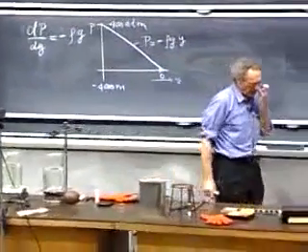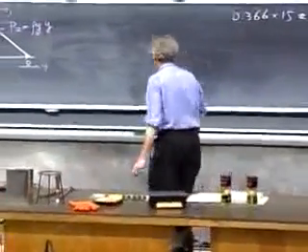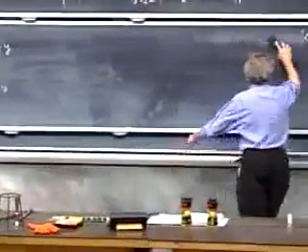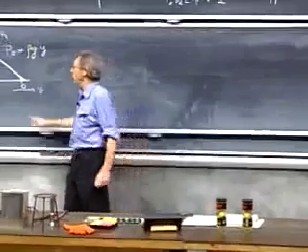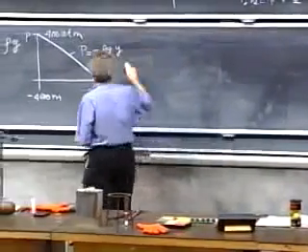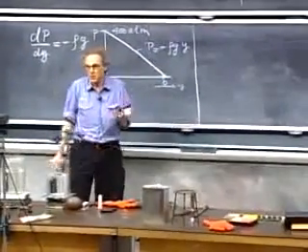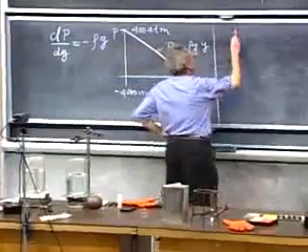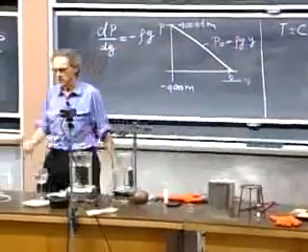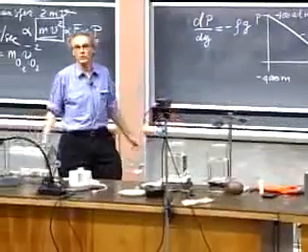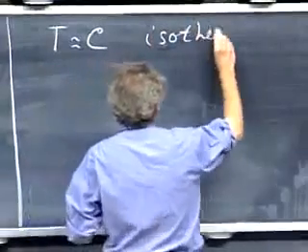For gases, this would be very different though, because with a gas, the density does depend on pressure. And now I will derive for you how the pressure changes with altitude in our atmosphere. It's going to be very different from this. And I will do that under the following assumption, which is not an ideal assumption, but it's not very bad. Namely that the temperature in our atmosphere is roughly constant everywhere. And we'll take 0 degrees centigrade. Here it's a little warmer. When you go up, it's a little colder. We call that an isothermal atmosphere.